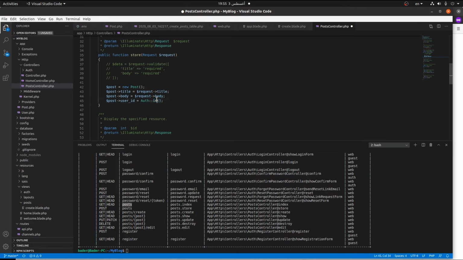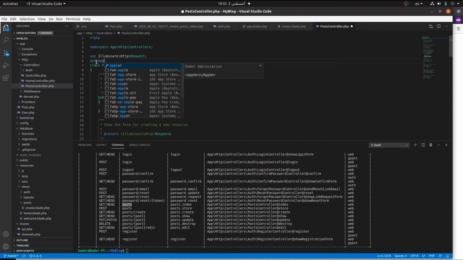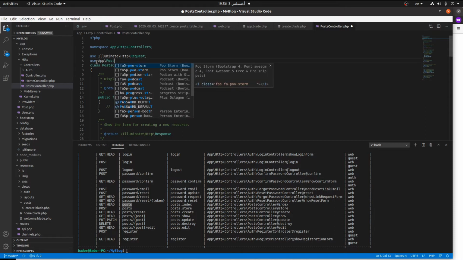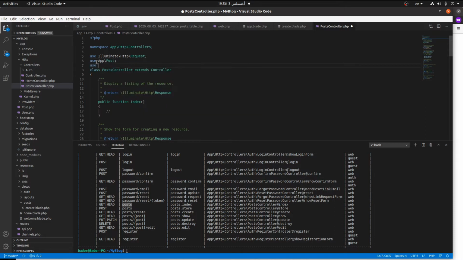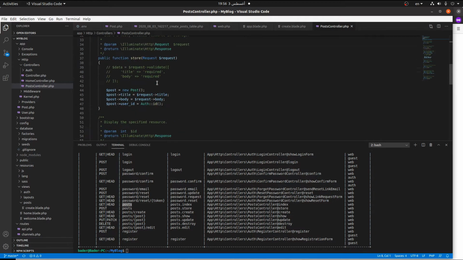but for now we are going to return the ID. And when we use something like this, we have to define it in the using section. So we didn't define the product, so let's define this as well. Post, sorry, and let's use also the auth. You use it like this without any path. Let's save this file and continue our journey with